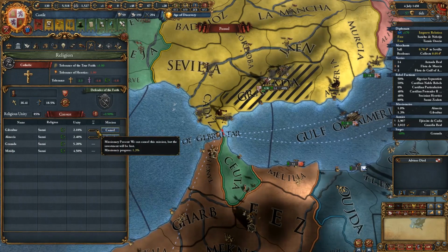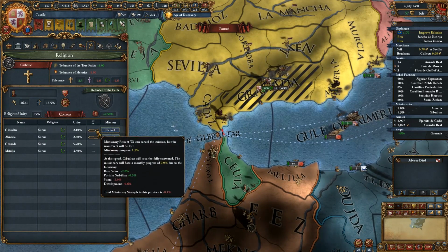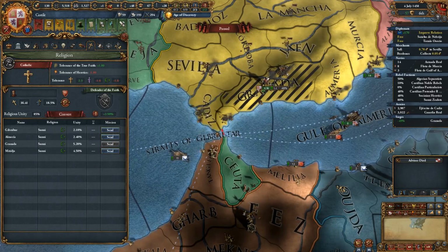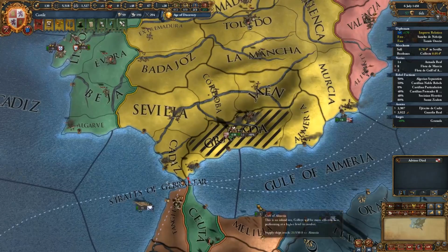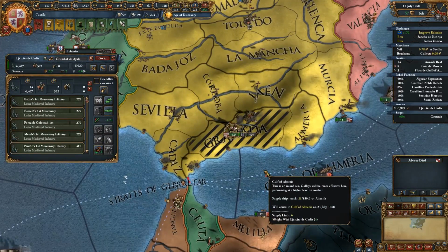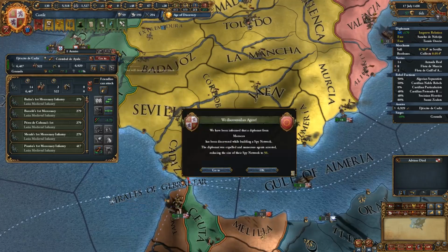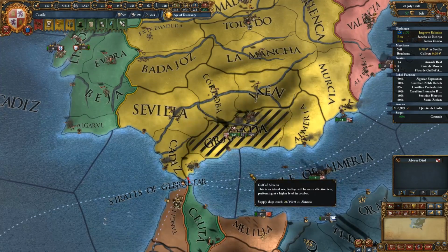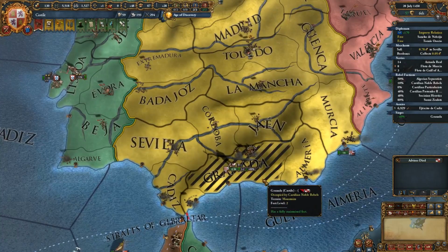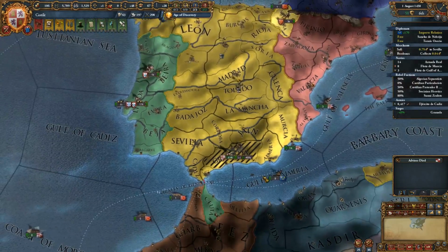Their progress is... Yeah, you're negative at the moment on both. So having missionaries there is only serving to increase the zealot rebels. So we'll just bring the missionaries back. It's a waste of time at the moment. We need some more missionary strength and higher stability. Now, as soon as we get this... as soon as we unsiege this...